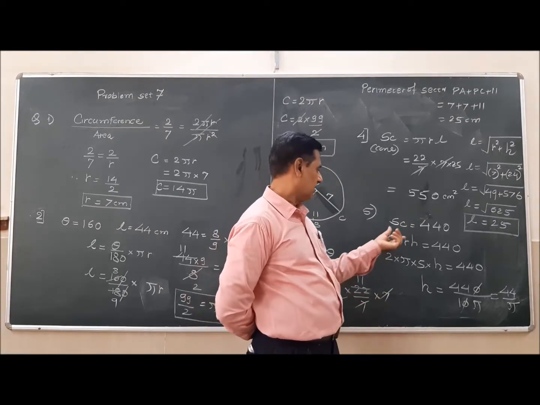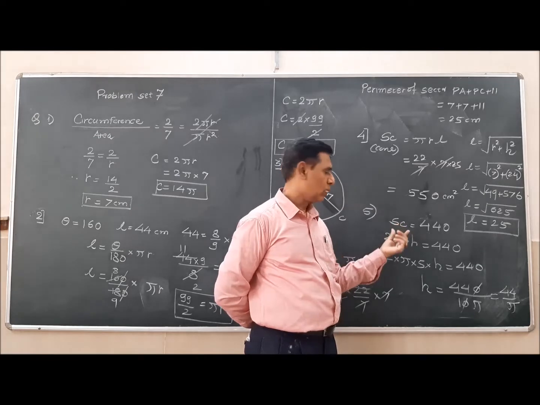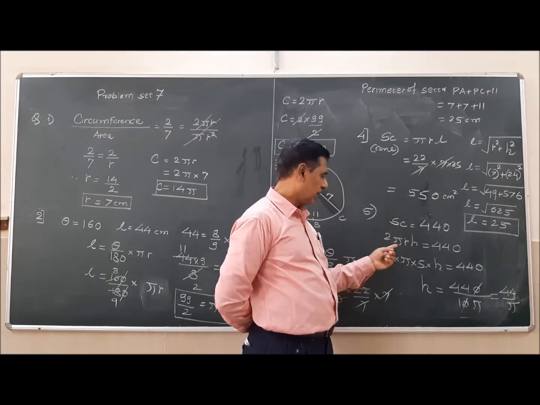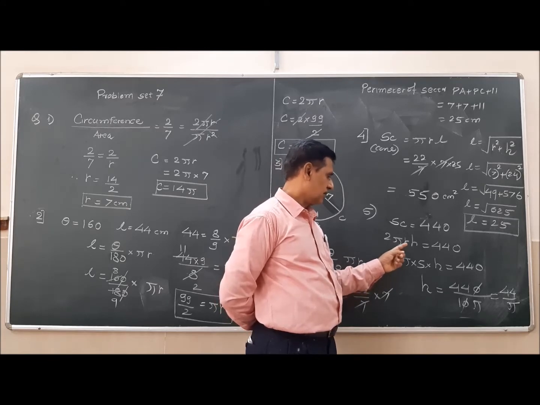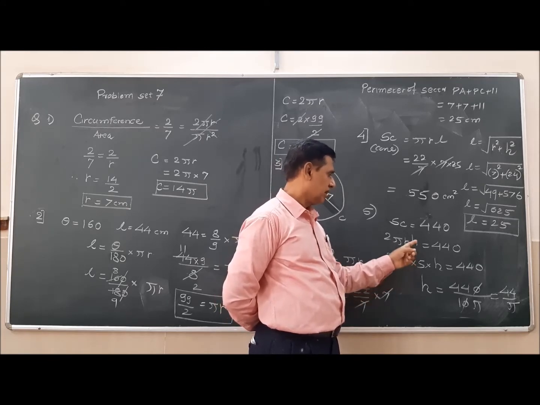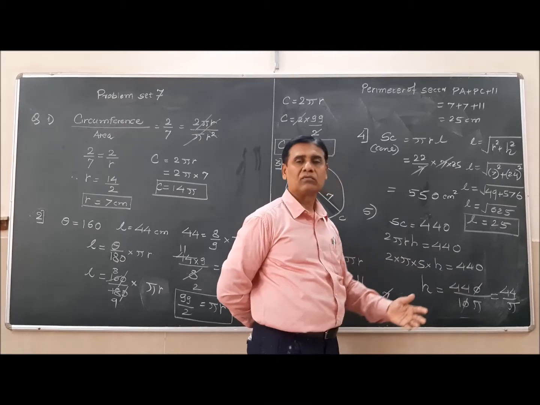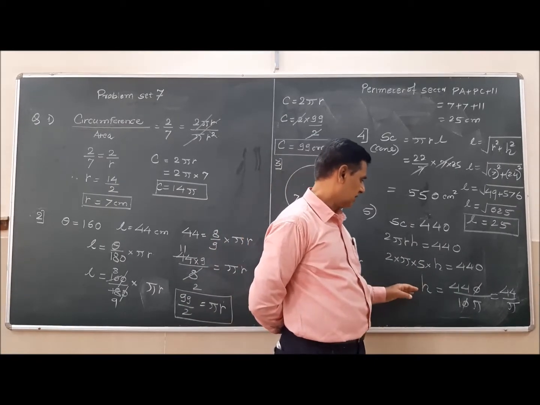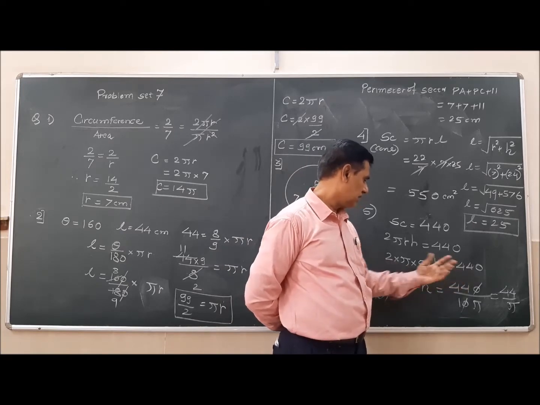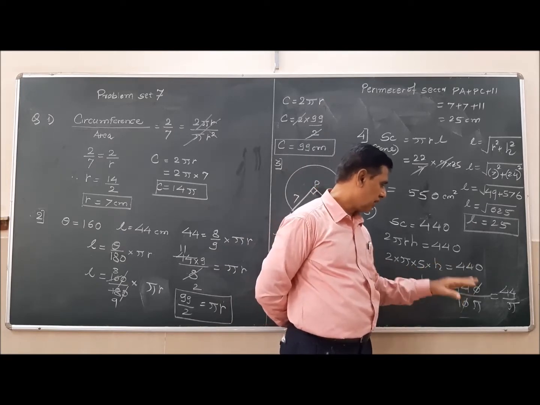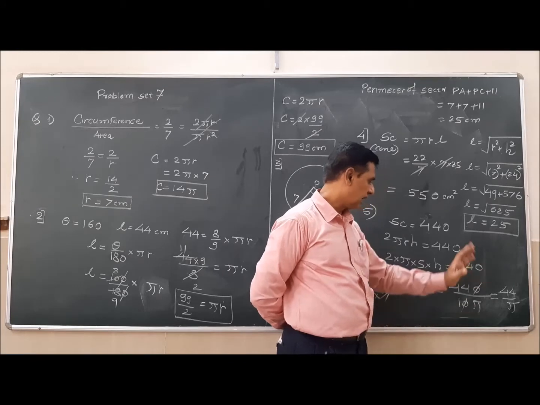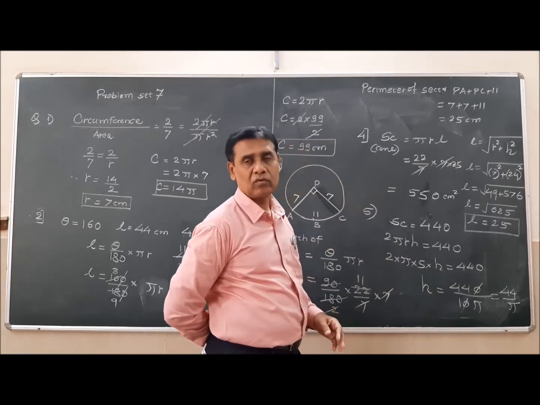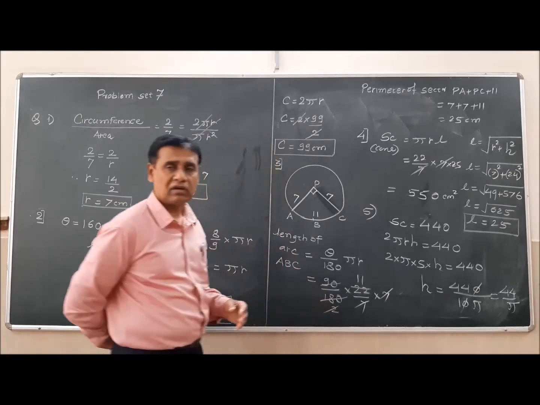So you will find here, I substitute the formula as 2 pi r h. 2 as it is, pi outside I get as it is. Radius is given as 5, so pi into h is equal to 440. So let's calculate height. Here 440 upon 5 pi is 10 pi... the 0s will get cancelled, and I will get the value of height as 44 upon 1. Now let's do the next